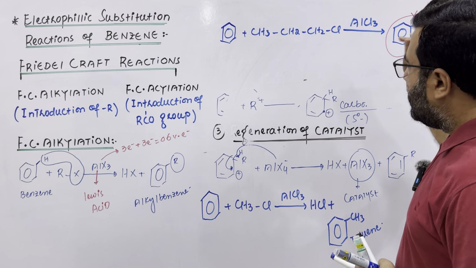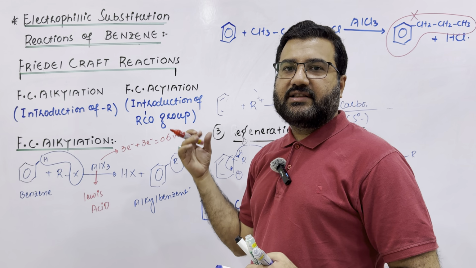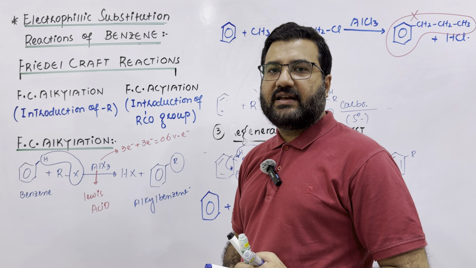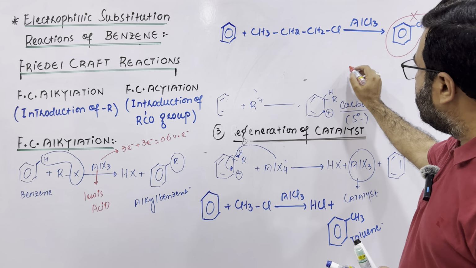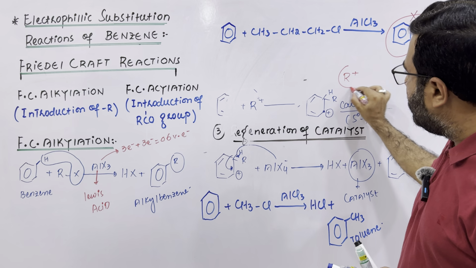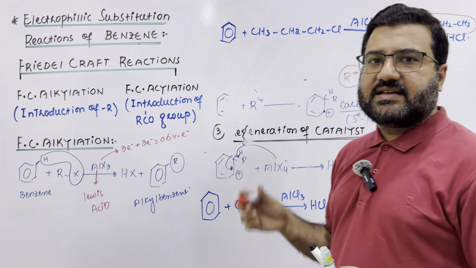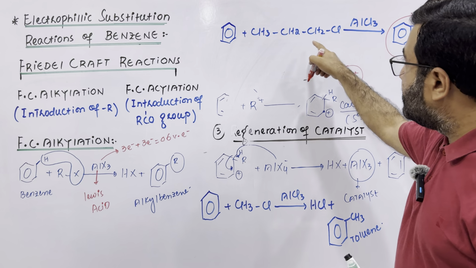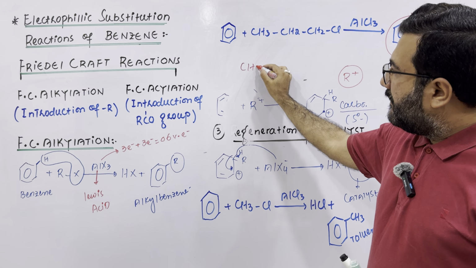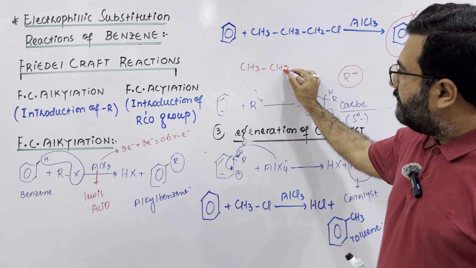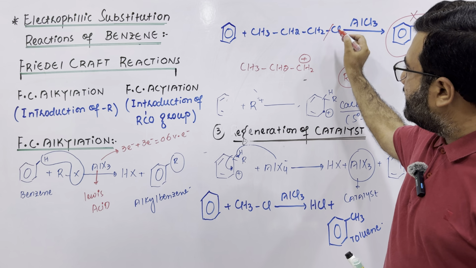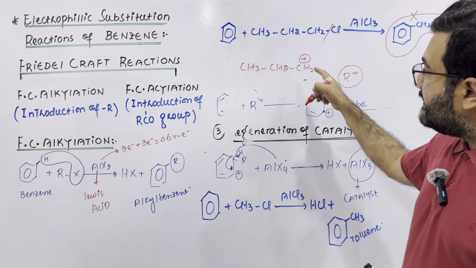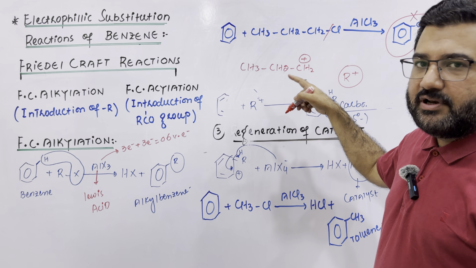Why? As I have already mentioned during the mechanism of the Friedel-Crafts alkylation, in the first step, the R positive, a carbocation, is generated, which acts as a strong electrophile. In this case, the normal propyl carbocation is generated when this bond is broken, and as it is a primary carbocation, it will be highly